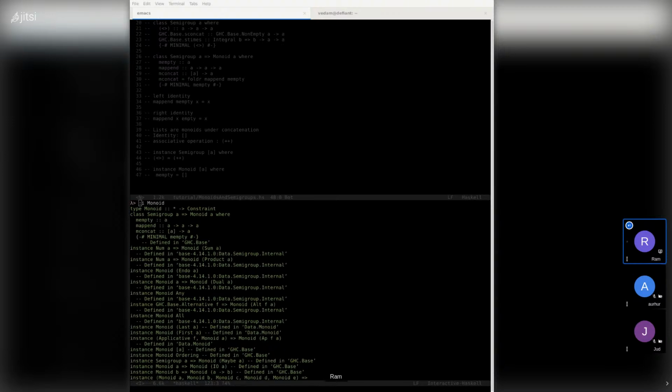So what is the big deal about this? Well, Haskell has a rule when it comes to defining instances of type classes, and that is for any given type, you need to have only one unique type class instance.